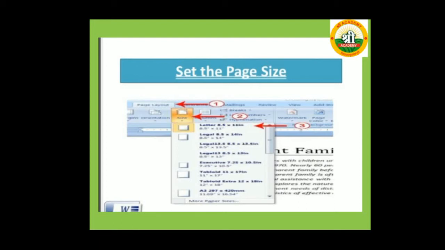So we need page setup. Click Page Layout, then Page Setup, and one window appears, and you select according to your need, like legal, A4 size paper, A3 size paper.